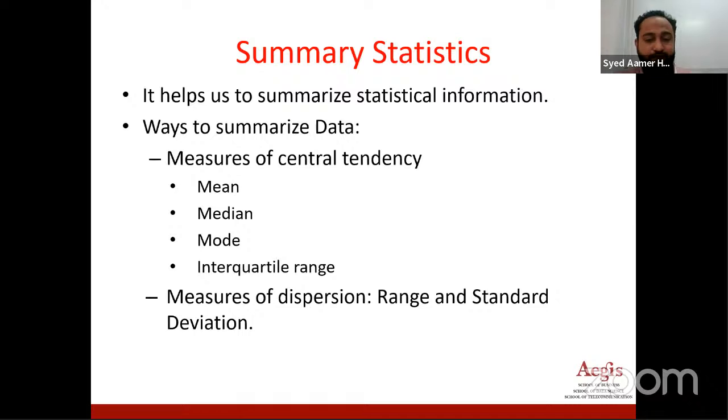And as far as measures of dispersion are concerned, we have range and standard deviation. This is for those who are just starting with ML and are not sure about these terms. I have seen people who know a lot of maths and even have a graduation in math, but are not clear with these small concepts. So with a simple example, I will make sure that you understand these terms.